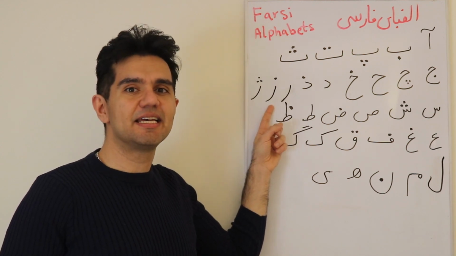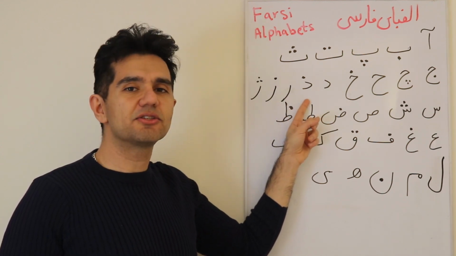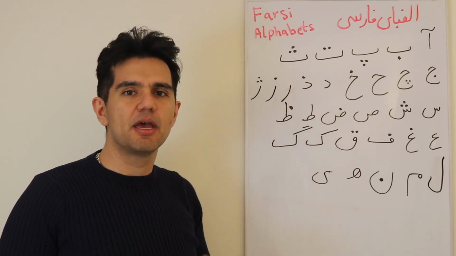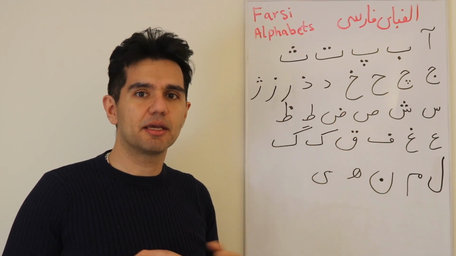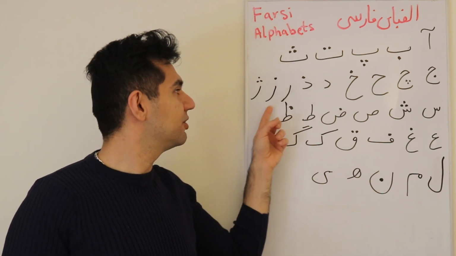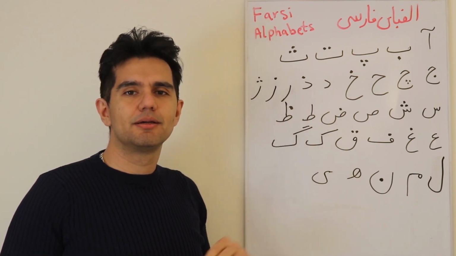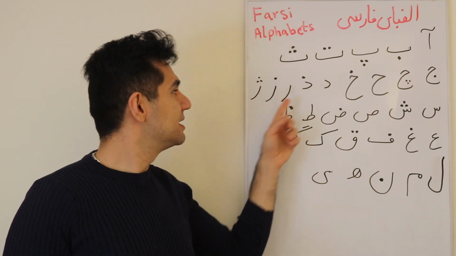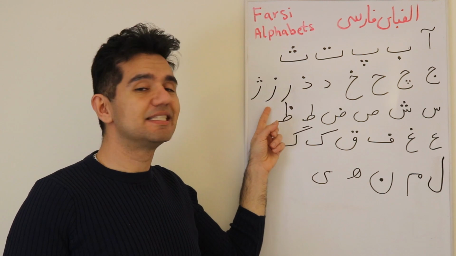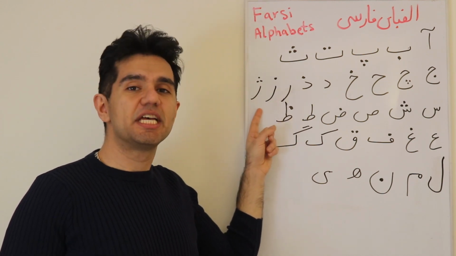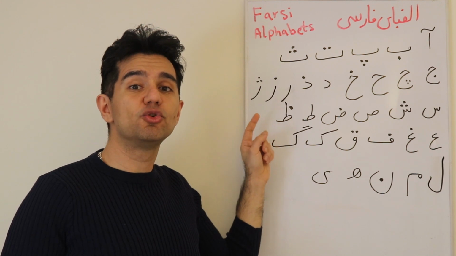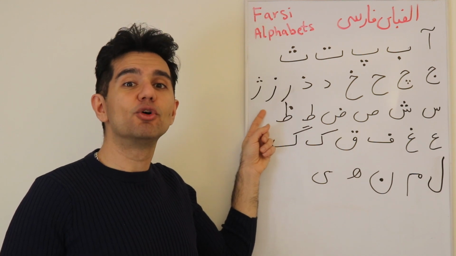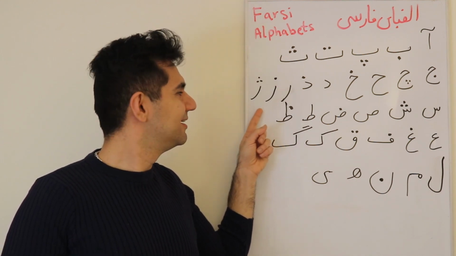This is Z, Z. This is also sound like Z. The exact same pronunciation. Farsi, in contrary to Arabic, have the same pronunciation although the dictation is different. So it's way easier to remember the pronunciation of these letters. Z, Z, J, J, like bonjour in French. Hi, bonjour, good morning. J,